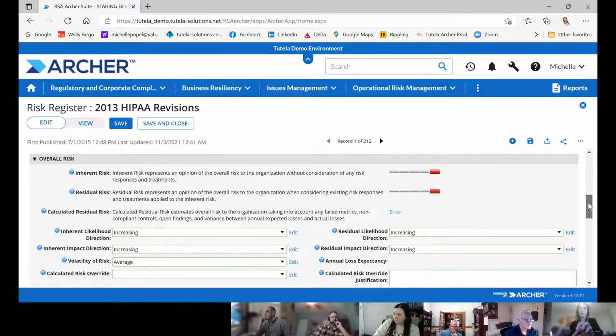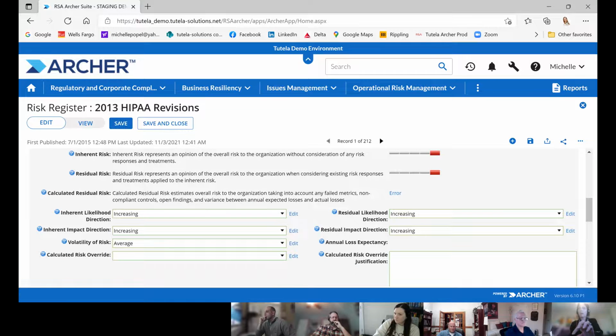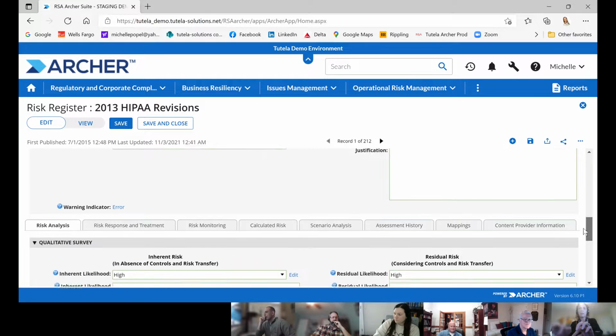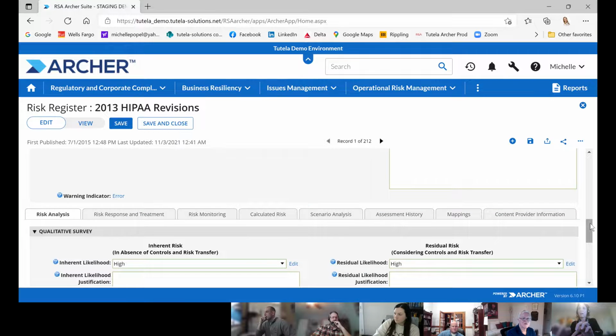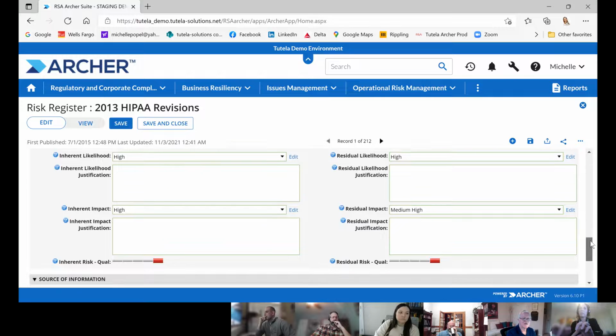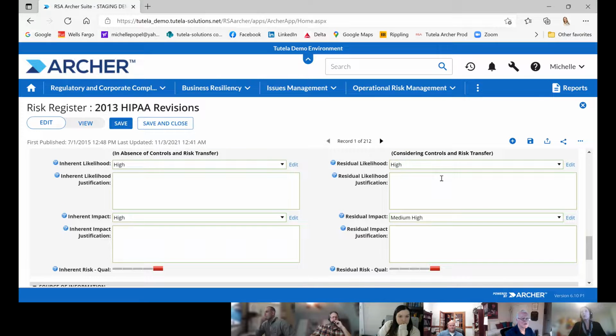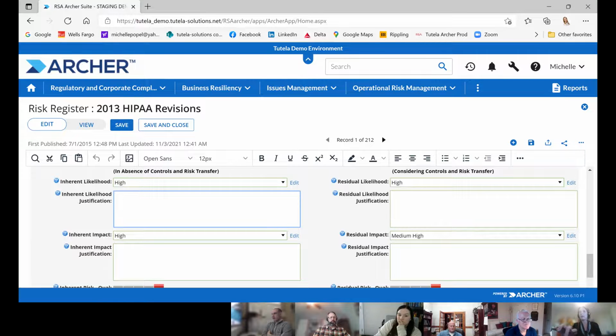Where I was going with this is that once we have our risks established, and we have appropriate ownership of the risk from the business hierarchy and appropriate user accounts with appropriate access, they can go in and score themselves the inherent likelihood and the inherent impact and write a little blurb about why they're scoring it like that.